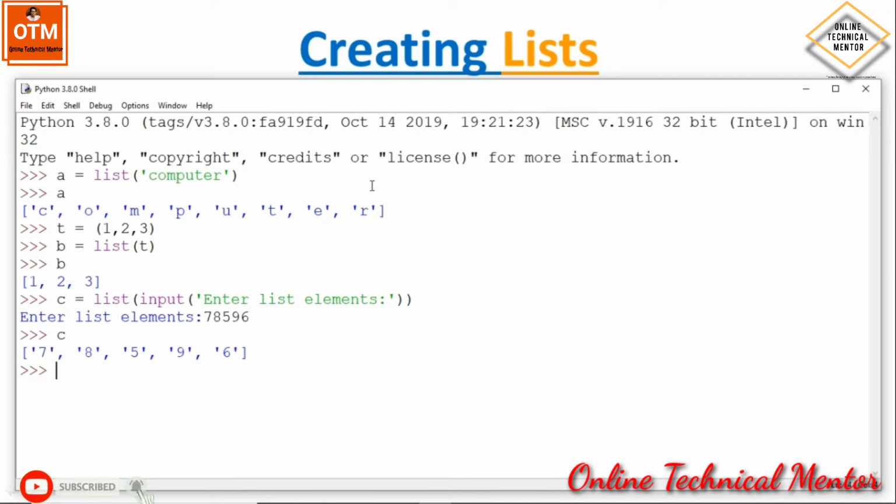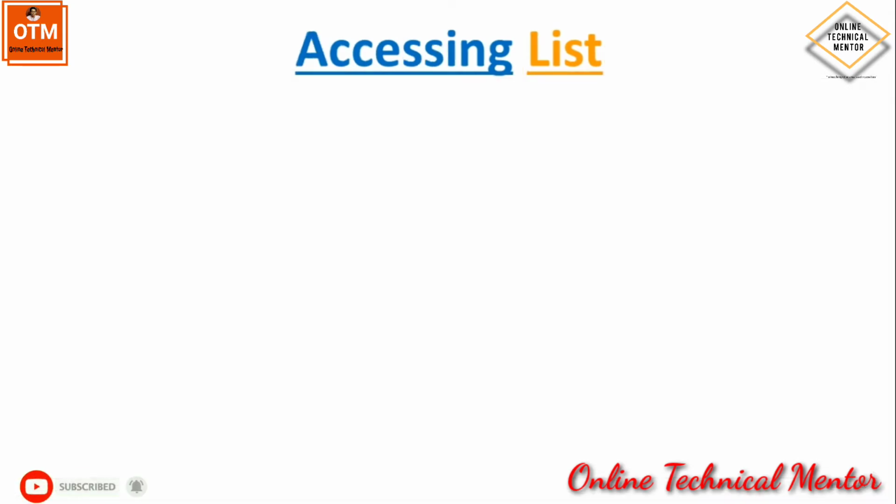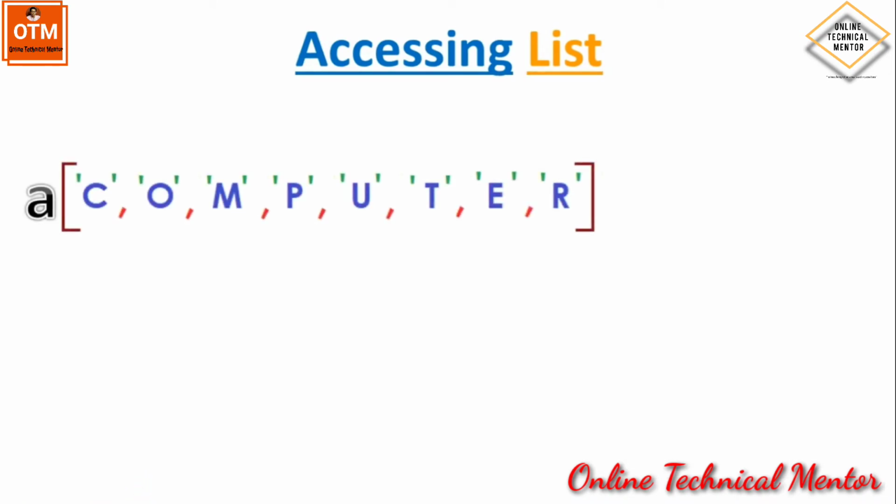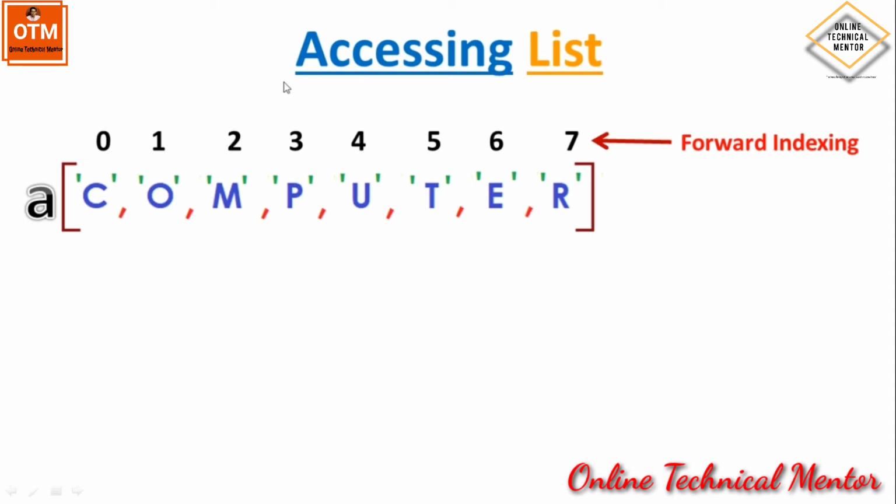So these are the various techniques to create a list. Next, how to access list elements. Suppose you have a list, say A, and the alphabets of the word computer are the list elements. So C, O, M, P, U, T, E, R, all these characters are the list elements. These list elements are identified or positioned by these numbers, and it starts from 0. The second character is at position 1, the third character is at position 2. This is called indexing, and since it starts from 0, then 1, then 2, and so on,